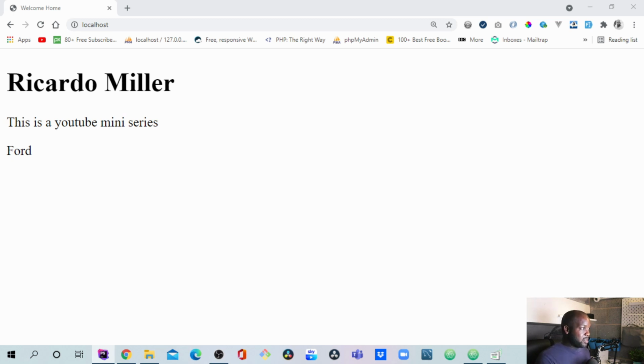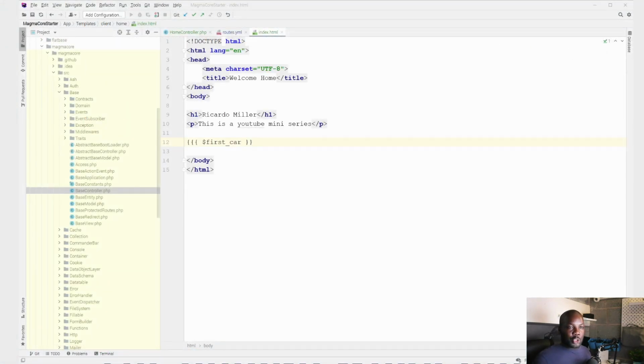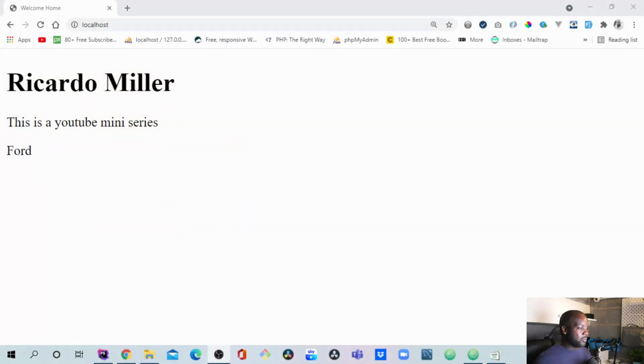The first car, I think it was something like that. And if I reload the page again, sorry, I didn't even show you what I just did. So I did triple curly braces, and it's pretty much going to pass the variable through HTML entities to sort of sanitize any data that we're passing in, and it's still going to echo out the same result. So if I switch my screen again and reload my page,